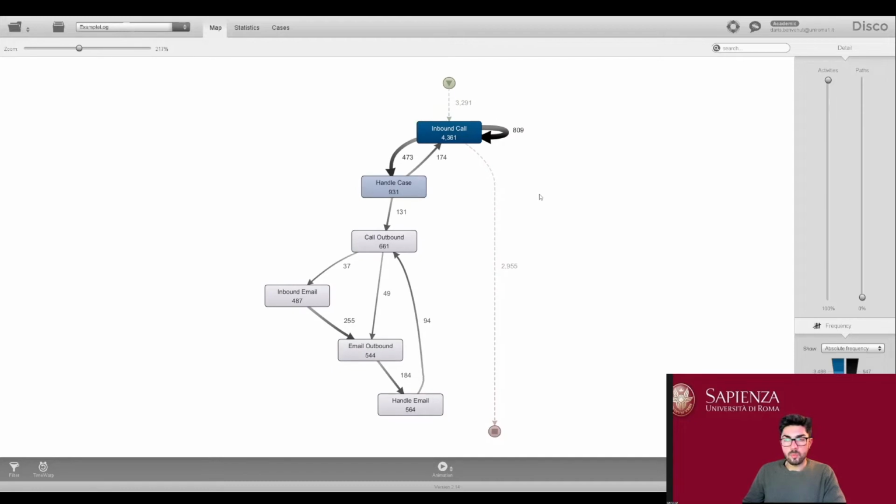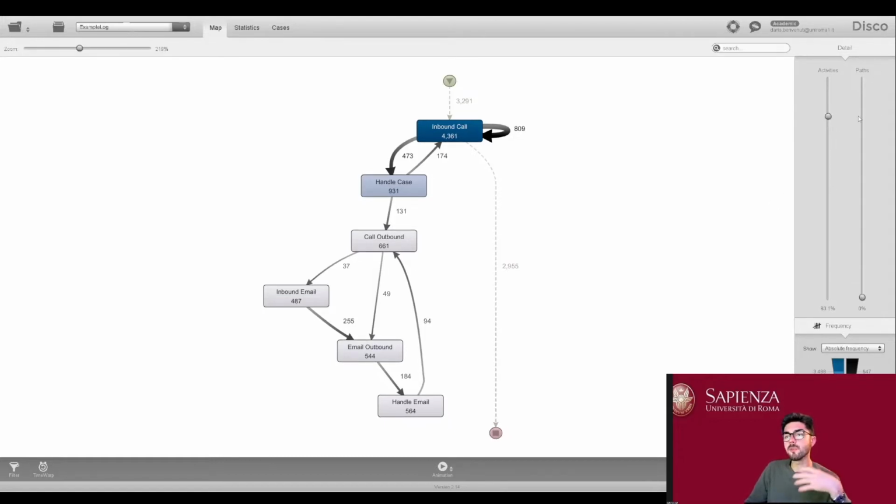The particular thing about Disco is that you can even customize the discovered model. Here on the right hand side, there is the detail pane, in which you have these 2 sliders, activities and paths, which can be moved.